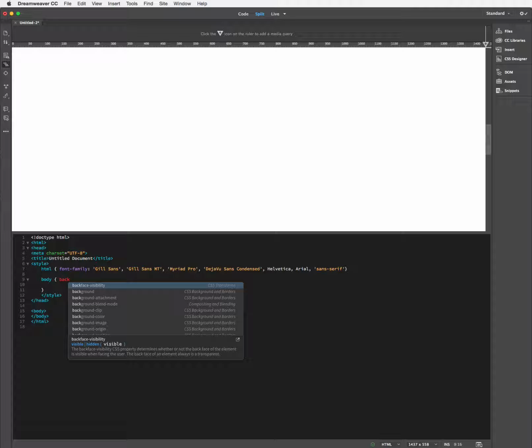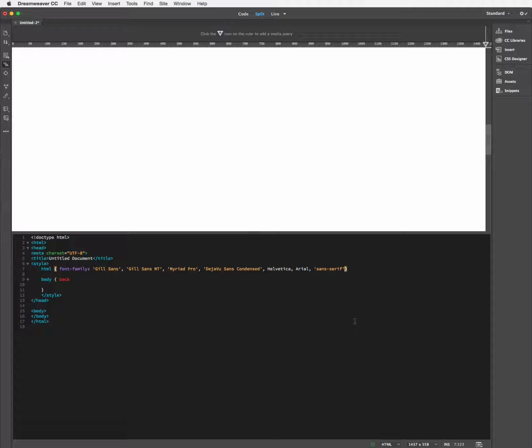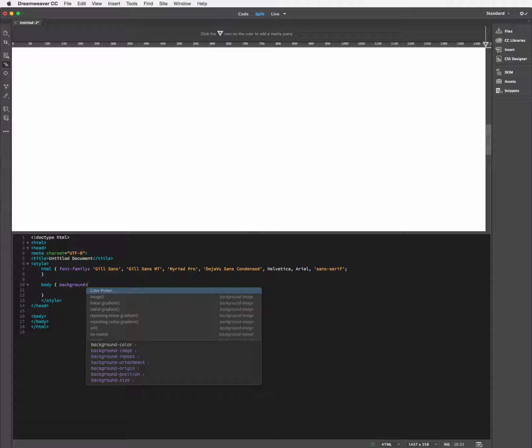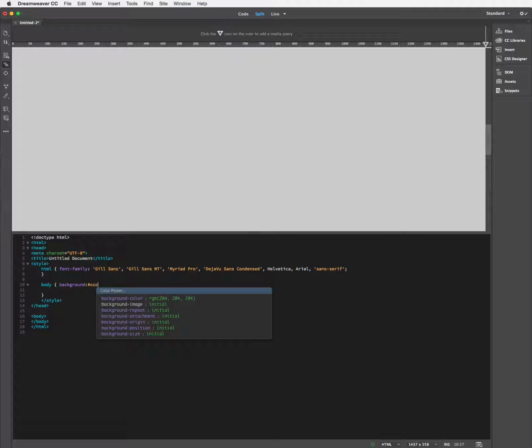And again, this is not necessarily something that I would leave in. I forgot something from this line. Important: semicolon. Or that's not going to work. And like all things, if you hit the wrong keys or spell things wrong, stuff doesn't work. Okay, so background, colon, what am I putting in here? Something gray. Hashtag CCC. Semicolon, space,